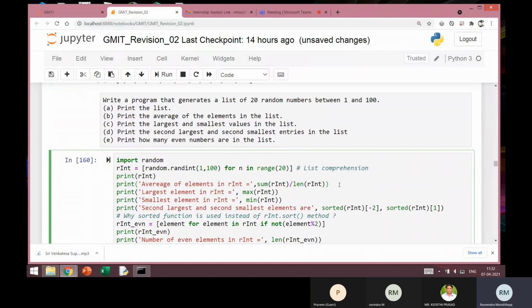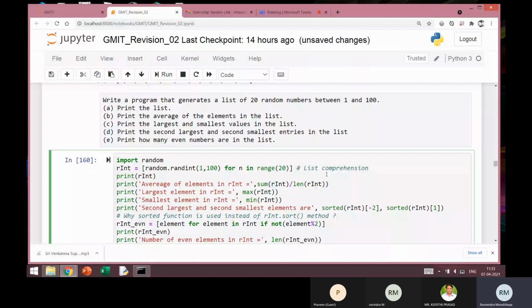Now we actually have two operators, single slash and double slash. Single slash will always give you a floating point value. The double slash is an integer division. It will always return an integer value.